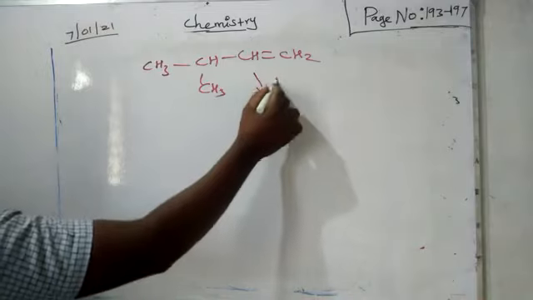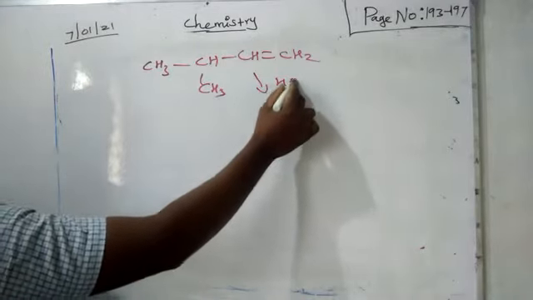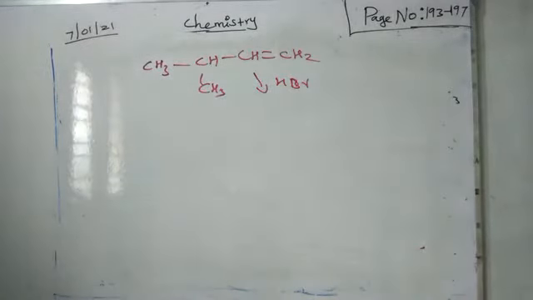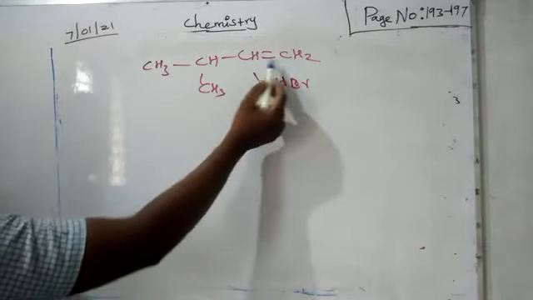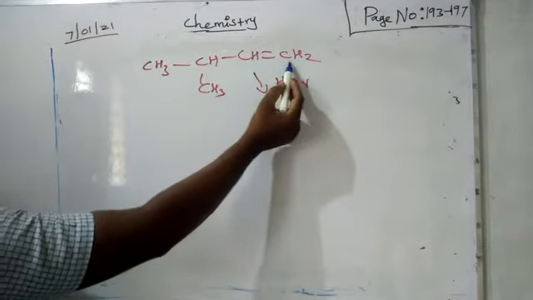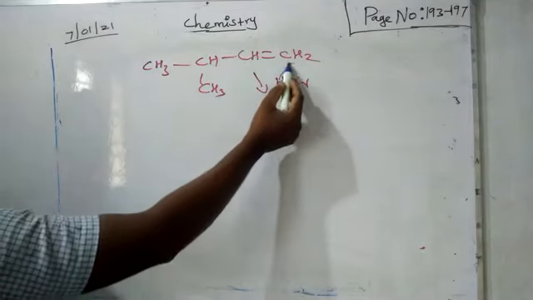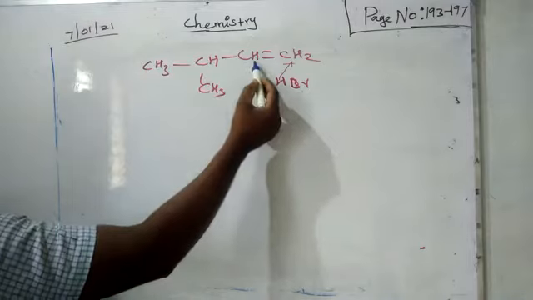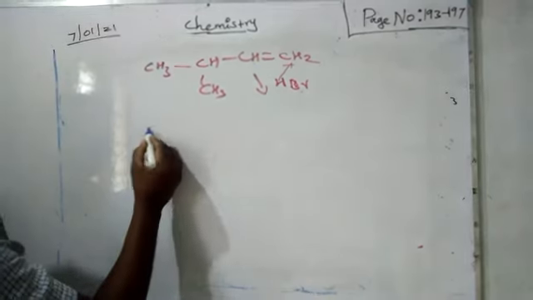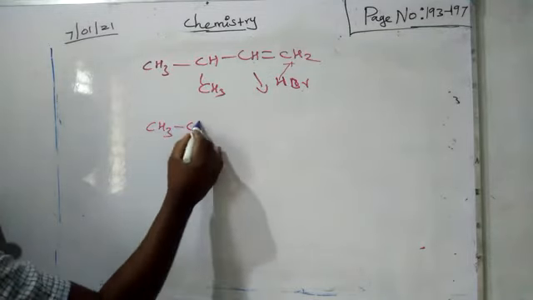Usually in this compound, if you add HBr, what is our expected product according to the Markovnikov addition rule? Which carbon has more hydrogen? The first one. So the hydrogen you have to add in the CH2 group, and Br you can add in the middle carbon. Our expected product